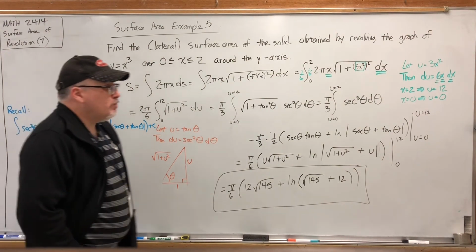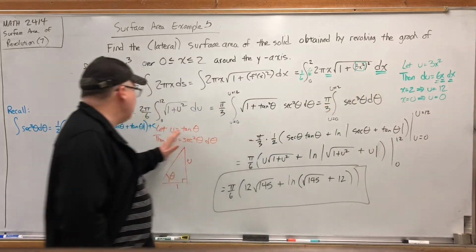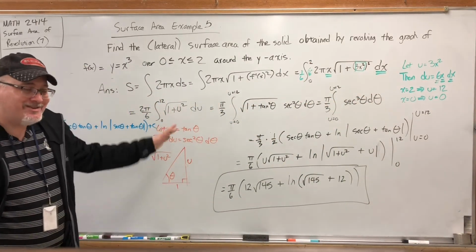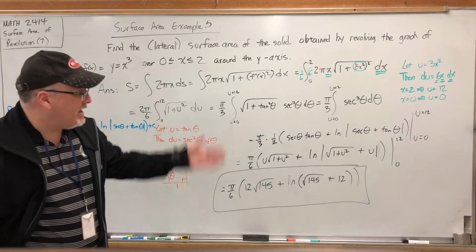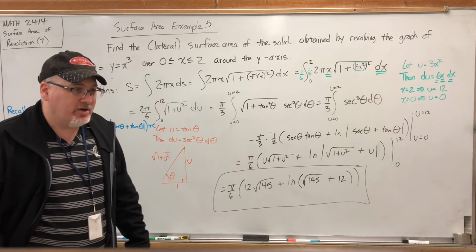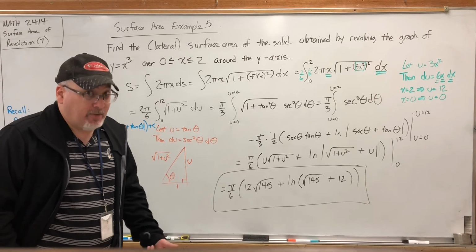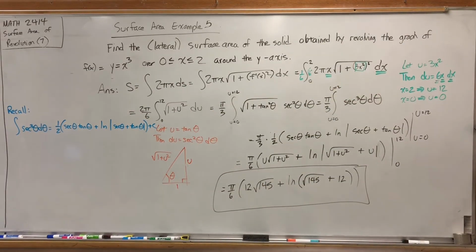And I'll be honest, this move here, about letting u equal 3x squared to turn this into something that we could do a trig substitution on, is not an intuitive move. It comes from practice and experience, and now you've just experienced it. But anytime you see a binomial, you can always ask yourself, hey, can I make it look like something for a trig substitution? Speaking of problems that I didn't do,